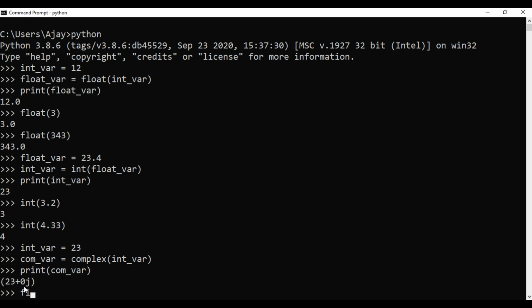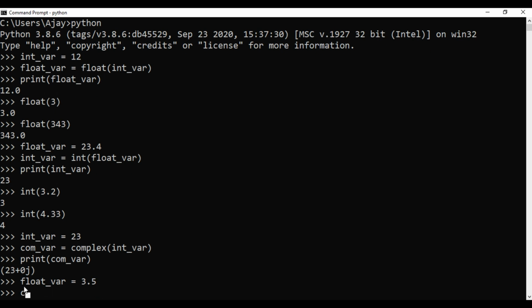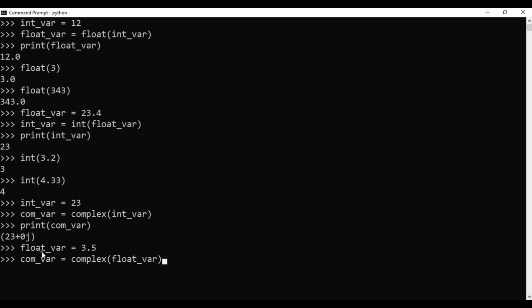Again, we will try to convert the float var 3.5, and we will create one complex variable to store the value. Here we have created one float variable, inside which 3.5 is stored, and then by using the complex function we are going to convert this float into a complex number.